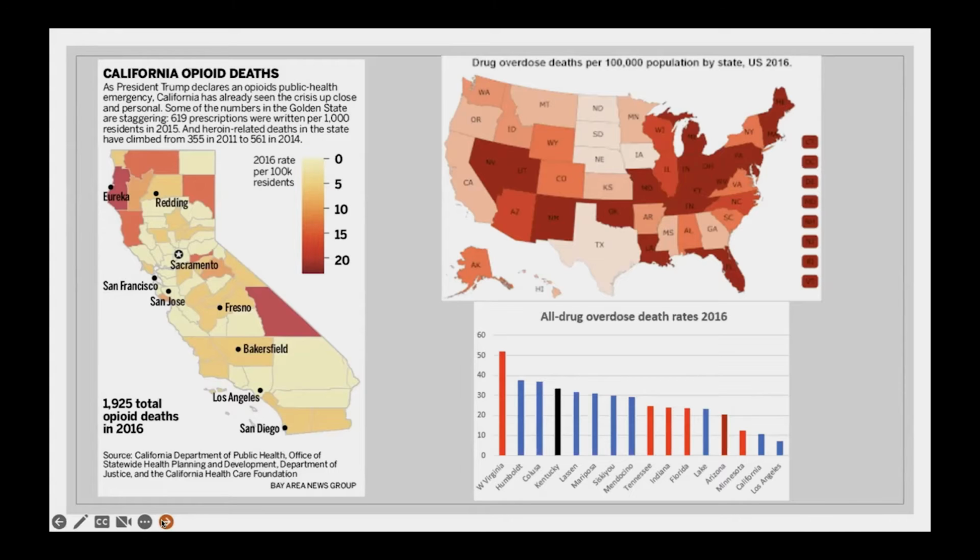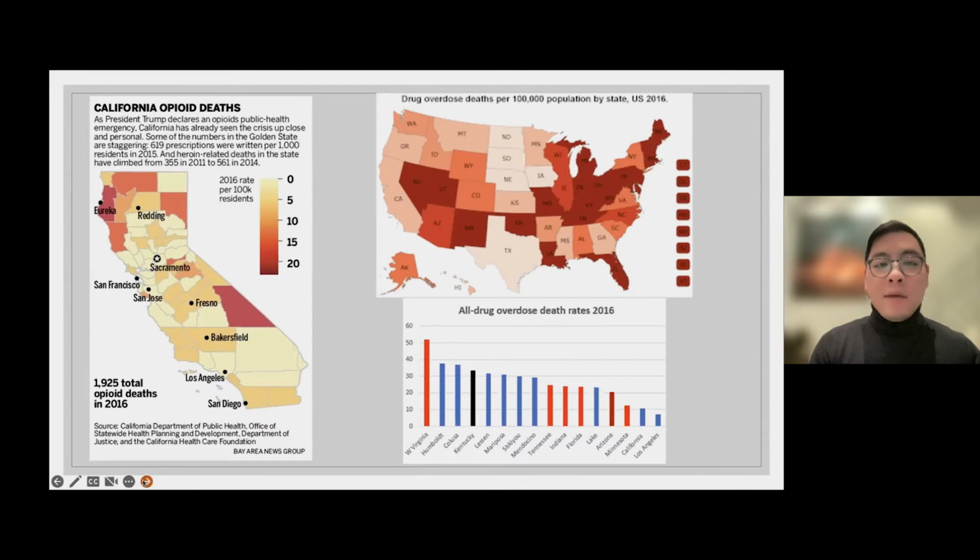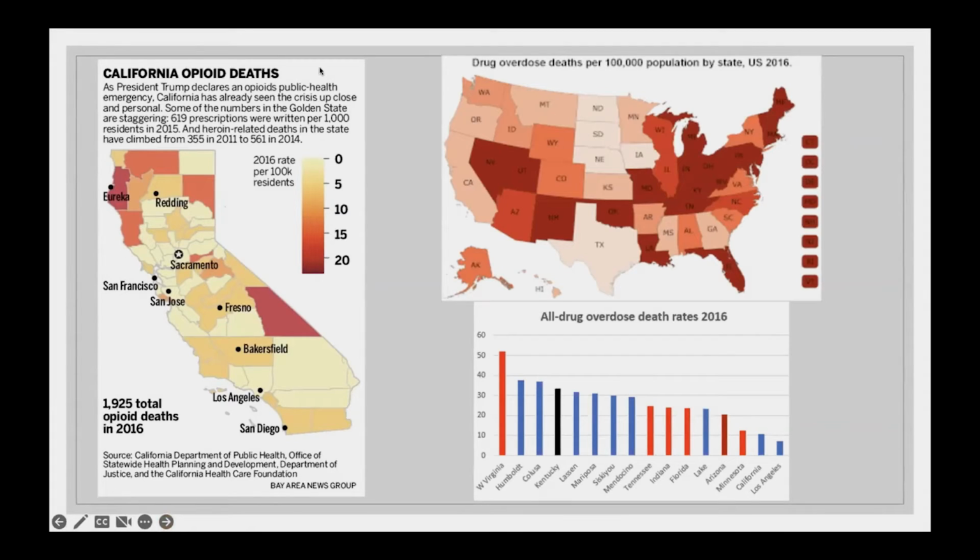So as you can imagine, in a lot of situations, it may be okay if your doctor's normally regulating how much you're getting and is very careful about that. But even in the most careful hands, sometimes the patients may not take it at the exact prescribed dosage, or take some and then also take other medications, which can combine and cause more of those sedating and respiratory depression effects. So this shows essentially the California status in terms of opioid deaths. The more red that it looks, the more percentage of opioid deaths there were.